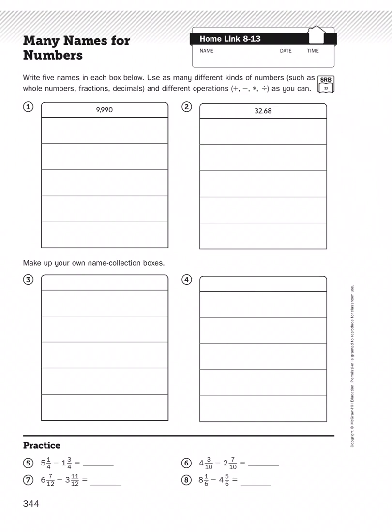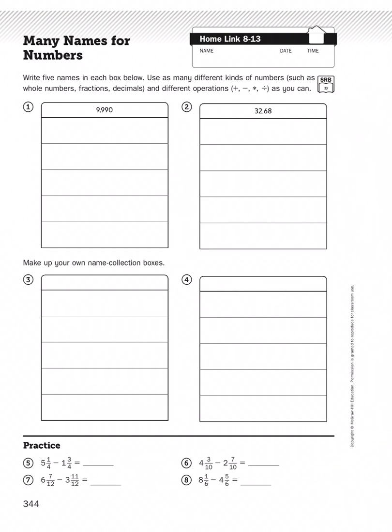Let's read the instructions. It says, write 5 names in each box below. Use as many different kinds of numbers, such as whole numbers, fractions, decimals, and different operations, addition, subtraction, multiplication, division, as you can. So let's take a look at the first number,